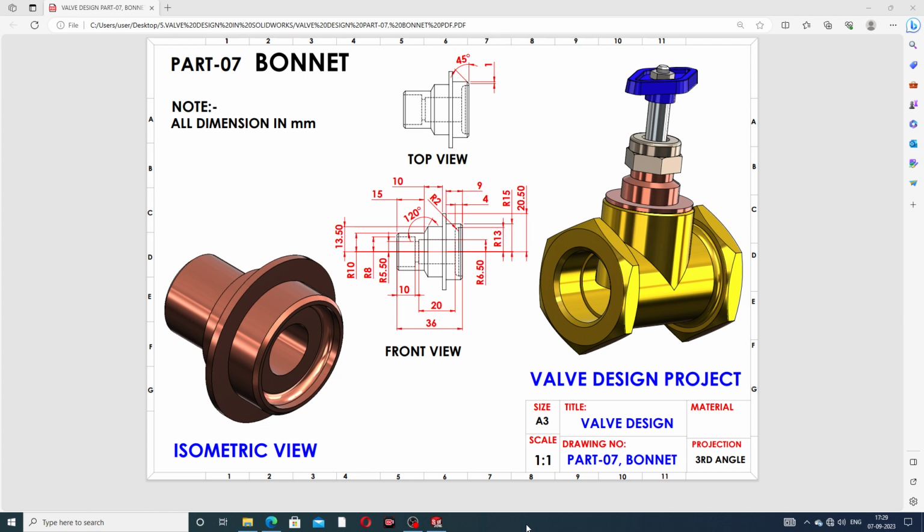Today we are going to use SolidWorks software and see how this bonnet is designed easily and clearly. The bonnet is a very important lecture for a beginner, a student, and also a proficient student. And guys, this project is a valve design project, and we will see how this body is assembled. At first,